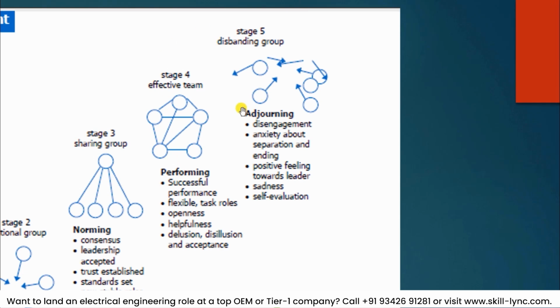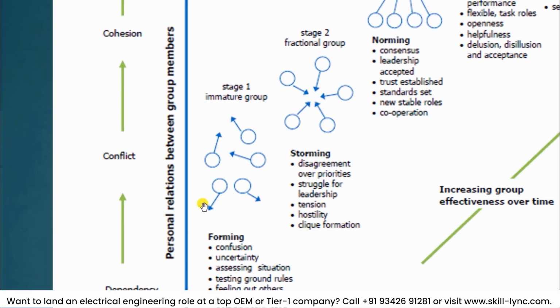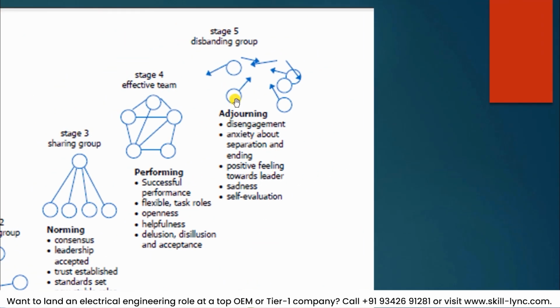So finally, this is the final stage, that is, we'll see in the later part, the closing of the project. During the closing of the project, the original project objectives are attained, and hence you go about and disband the group. You break the group as the project objectives are met, and in that part there is a disengagement from the current activities. Now these people will become a part of the change that is going to happen here, because once they have disbanded from the current project, they have to be taken in for a different project or a program.